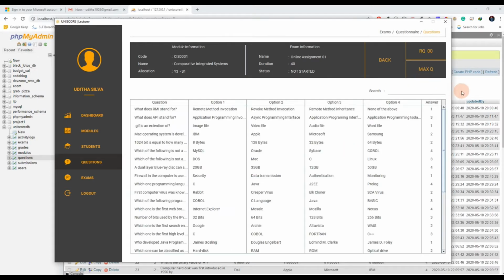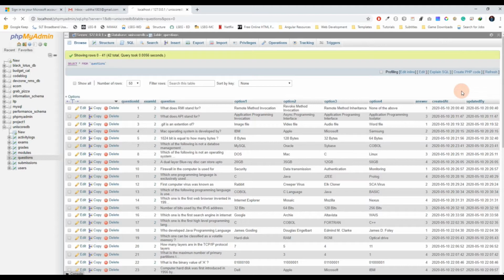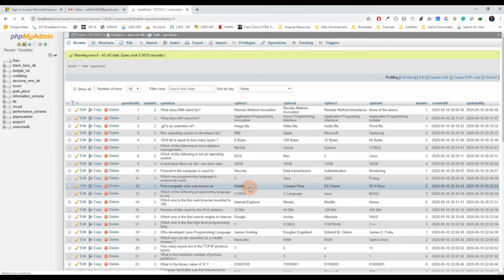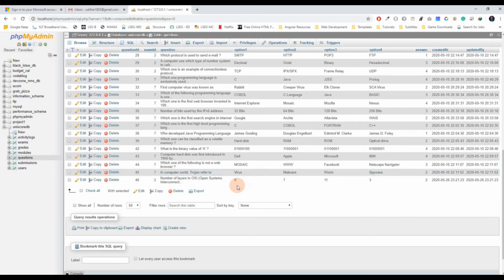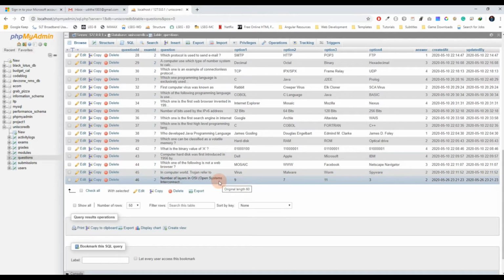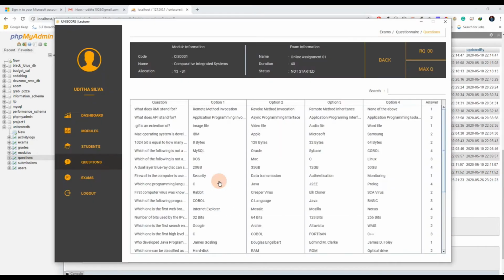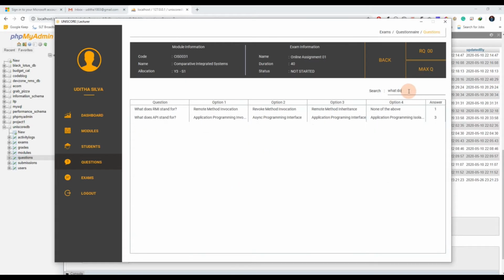Let us go back to the MySQL database and check if the question was created successfully. We could also search a question by its title as such.